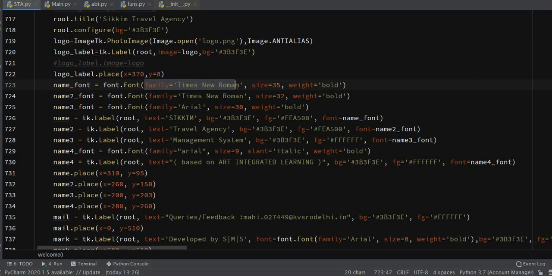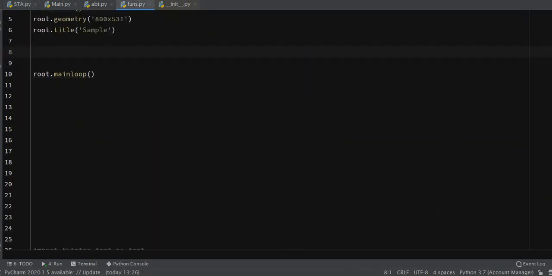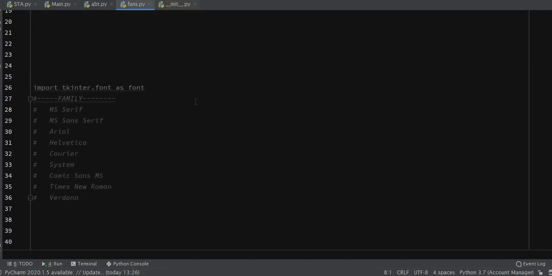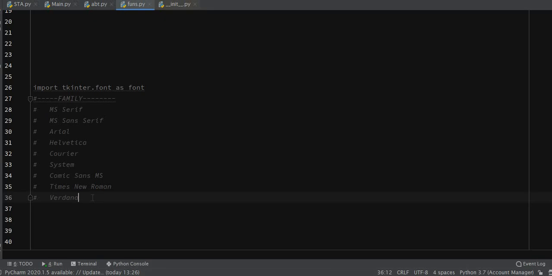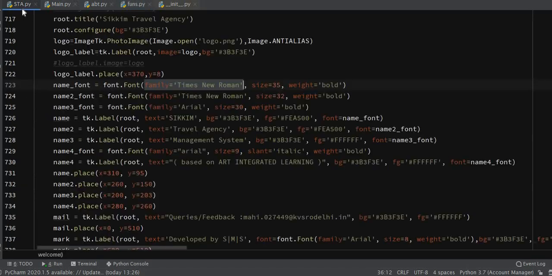First you have to declare the family, that is what font type you want. There are very limited font types provided by this module. I'm going to show you that, just to help you. So yeah, these are all the families that this module provides you. You can take a screenshot and note it down. There is one more family, symbol. It's actually useless.